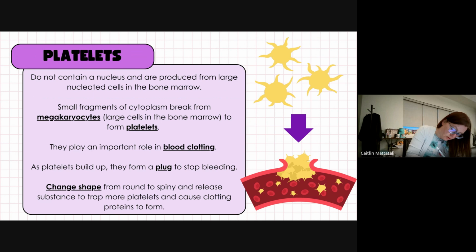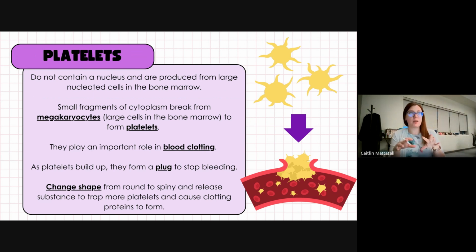The platelets have two different forms. They have an inactive form when they are round, little smooth balls. And then they have an activated form, which is when they kind of look a little spiky and a little aggressive, like they look on the screen. When they're activated,